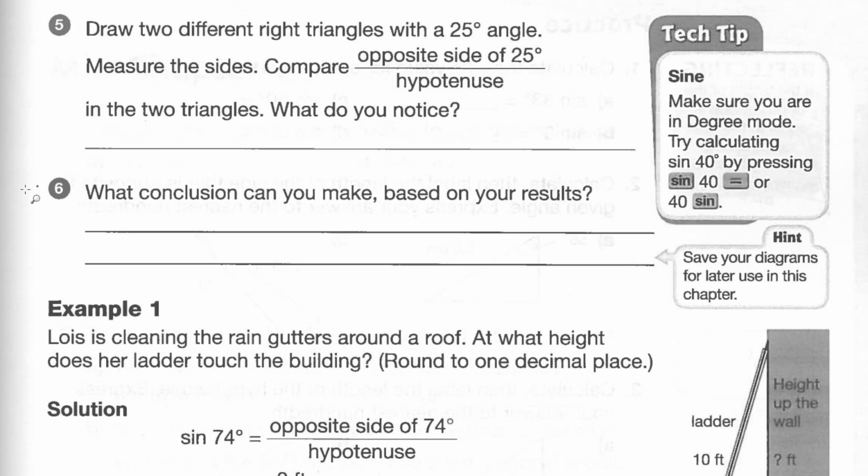I'm not going to do that, but if you were to do that, you would notice that once again, the ratios are the same. So what conclusion can you make based on your results? Well, it means that triangles with the same angles have the same ratios. So I'll put that first. Triangles